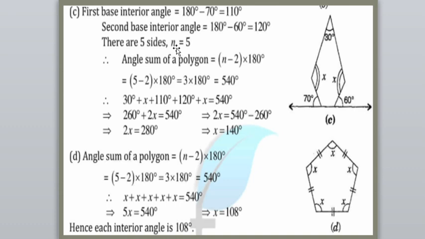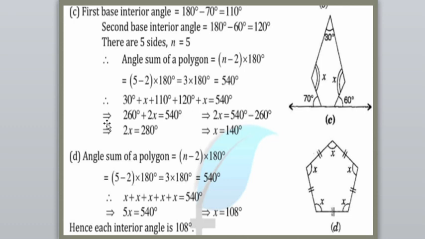We know that in this polygon a total of 5 sides are given, so we will take n as 5, for which we have to use the formula to take out the angle sum property of a polygon with 5 sides. So the angle sum of a polygon is (n minus 2) into 180 degrees, where n is the number of sides of the polygon, that is 5. So 5 minus 2 into 180 degrees is equal to 5 minus 2 is 3, 3 into 180 degrees, that equals 540 degrees. So here the angle sum property of this polygon, which is a pentagon, is 540 degrees.